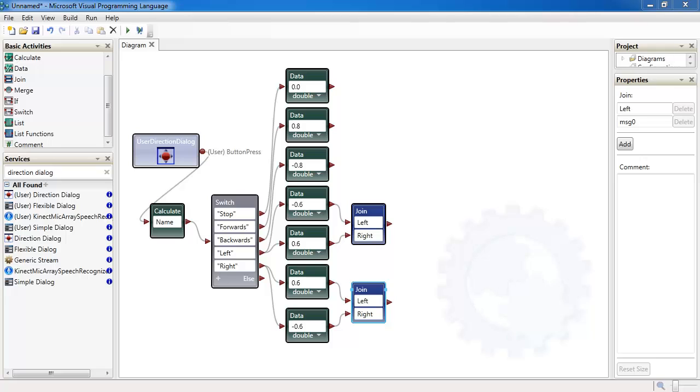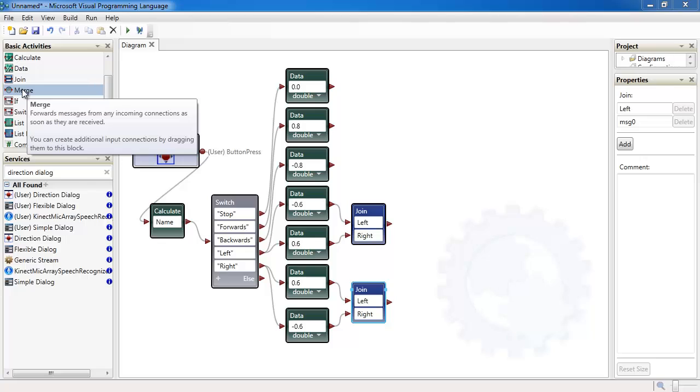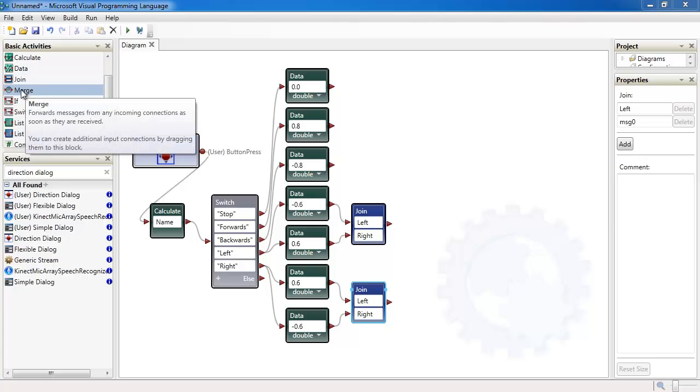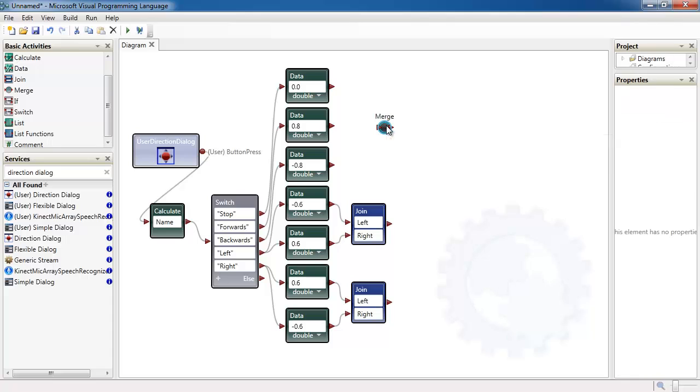Okay, and then we're going to have a merge block, and if you're not sure what it means, just move your mouse on top of it. And basically this is just the first tutorial that we're gonna use to get a robot working, so we will talk about what these mean later on. So basically we have merge, we're gonna merge these two together,